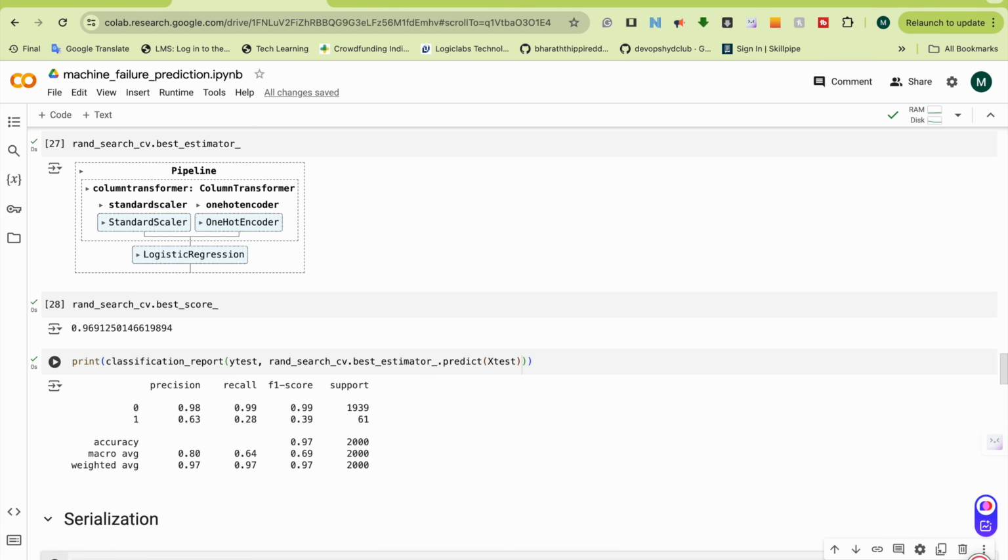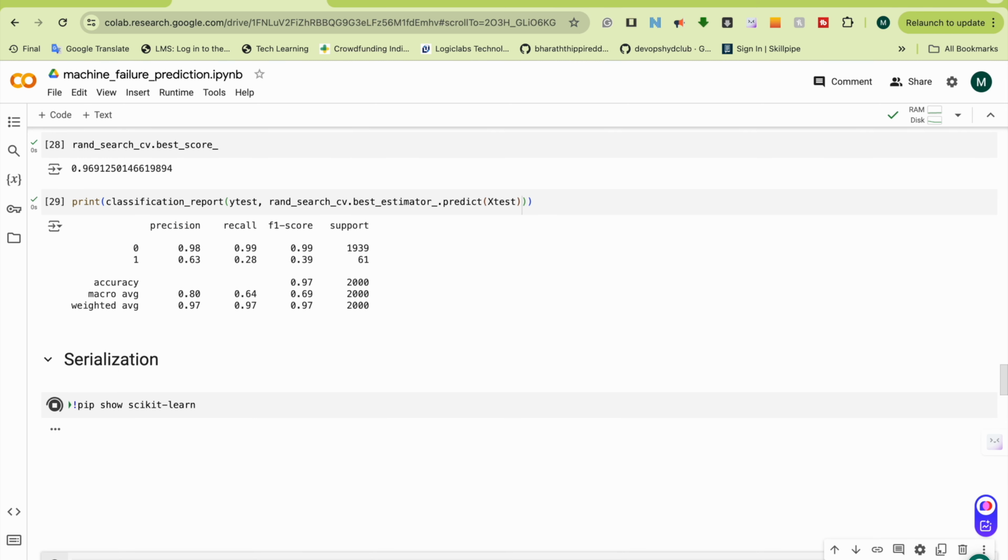Now, since this is all, I think every machine learning data engineer will do this as part of their EDA. So now everything is done. Now I know that this is my best fit model, and I know that it is working fine. So now what I have to do is just serialize this. Serializing means, if you see here,